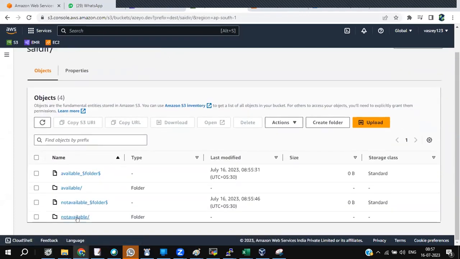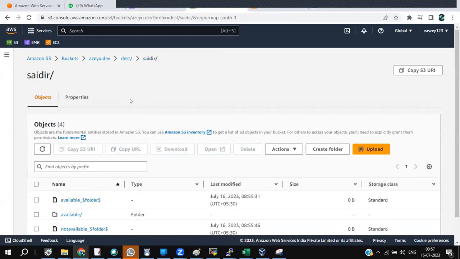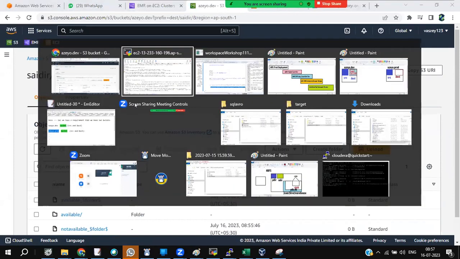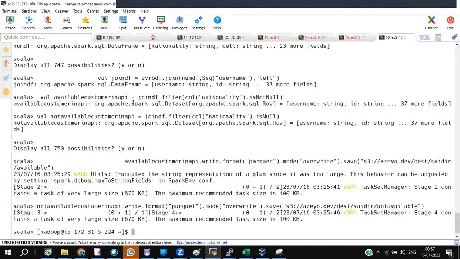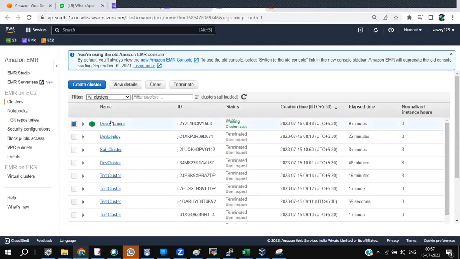Is the development completed or not here? Yes? Getting it or not? Now what's next? My development is completed. Now I'll come out of Spark Shell, go to EMR, and terminate my cluster. That's it. My development is completed. Terminate. Backup also? No, backup is in S3, right? So backup is in S3, not in EMR. Okay, so it is terminated.